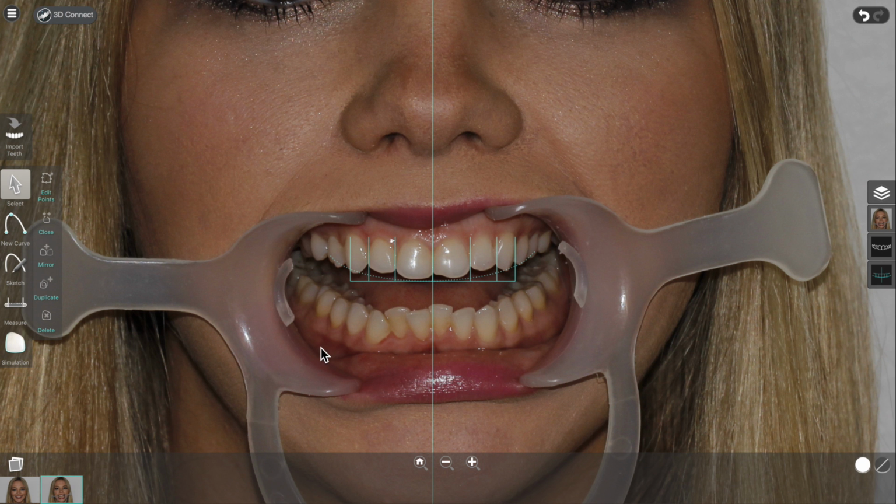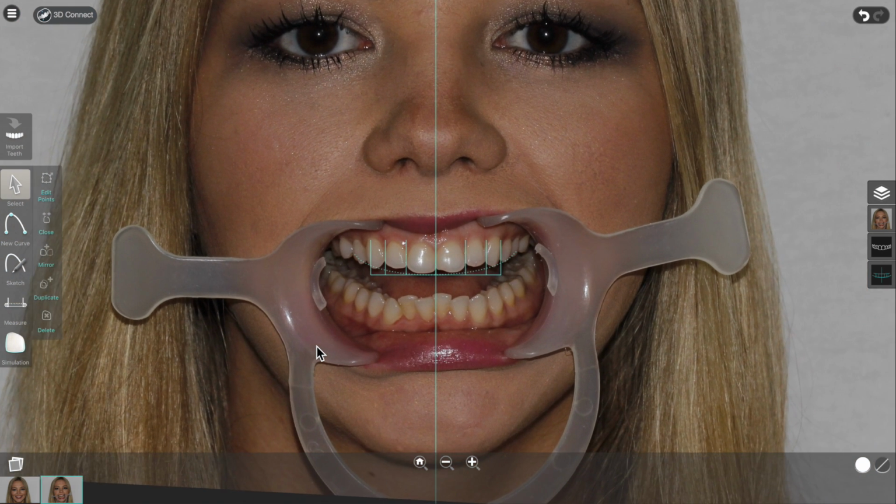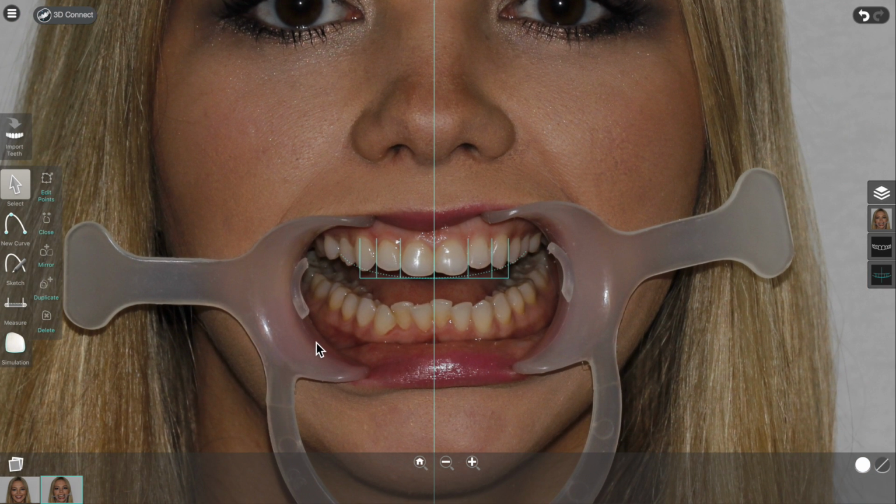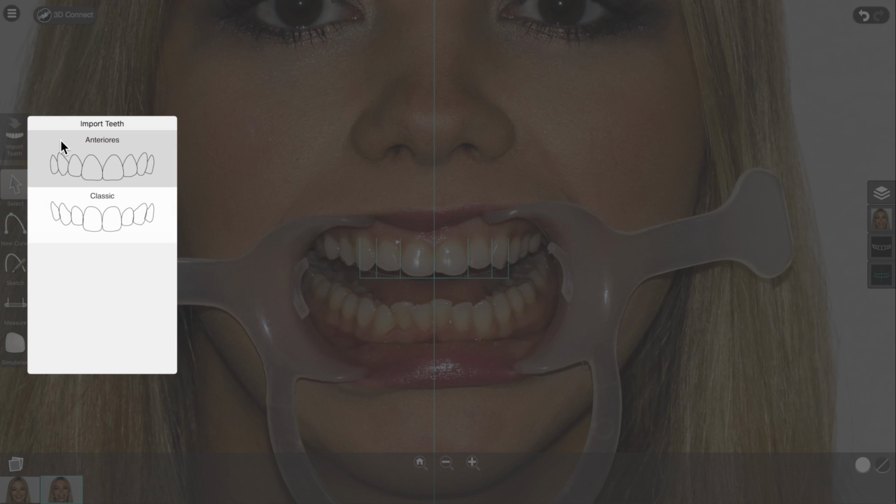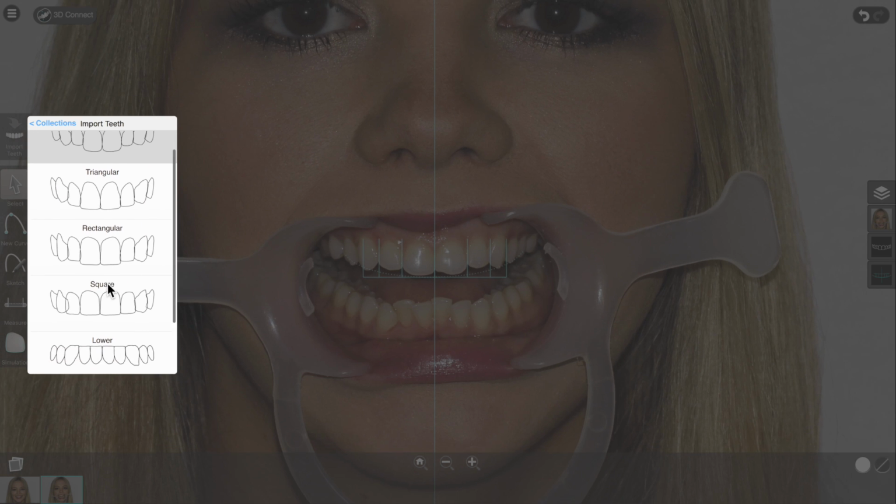Now that we've set up our guides, we're ready to actually start designing the teeth. To do that, we're going to import a template. So on the left edge of the screen here, there's a button that says Import Teeth. And when I click on that, I get a pop-up with our different categories of library teeth. So the classic template has